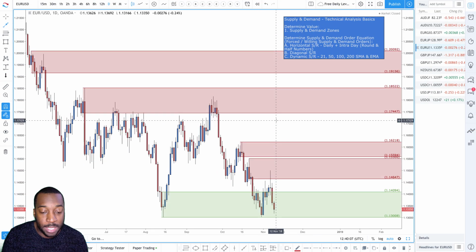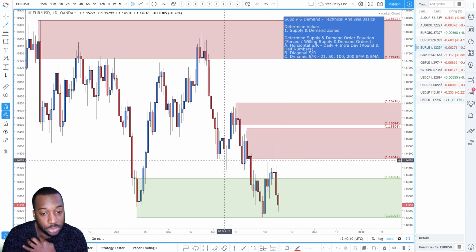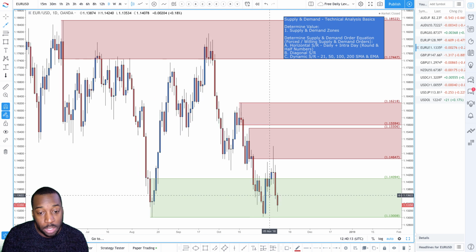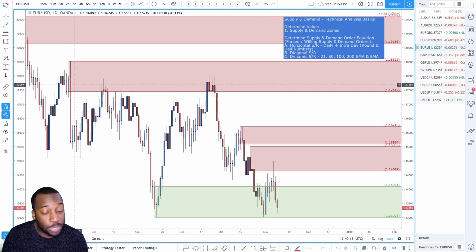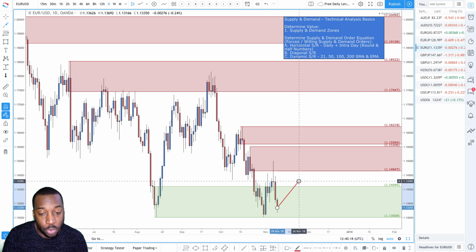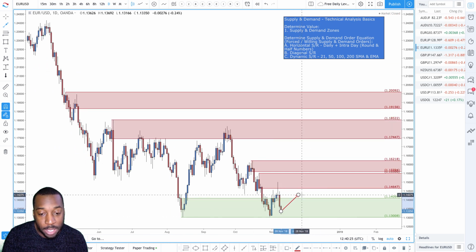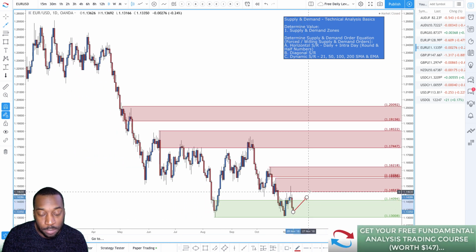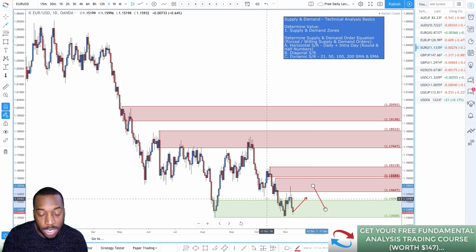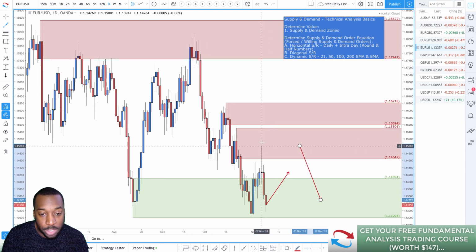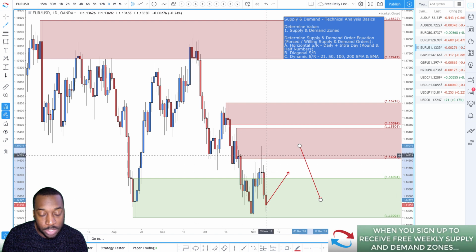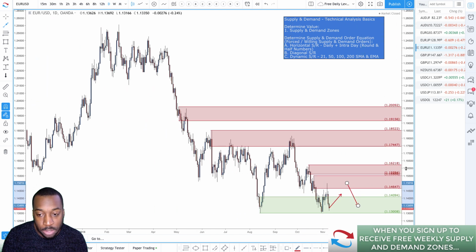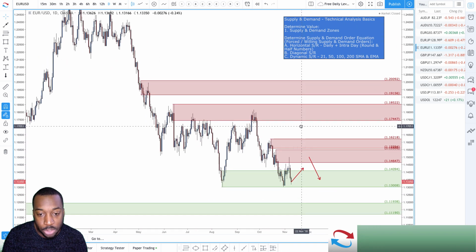Euro dollar, we're at the bottom of this range right here. So if you do feel that the euro is going to strengthen, or the dollar is going to potentially get weaker, and this could be just some profit taking going on right here, then be my guest and buy. Me personally, I'm going to be waiting for a pullback to this supply level, which is what happened last week, and traders took advantage of that, or what we could see is something like this, where you have